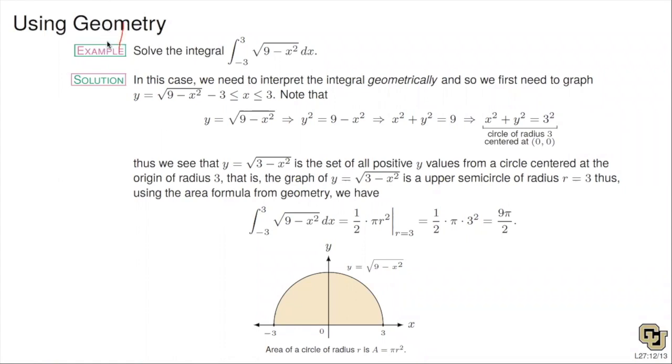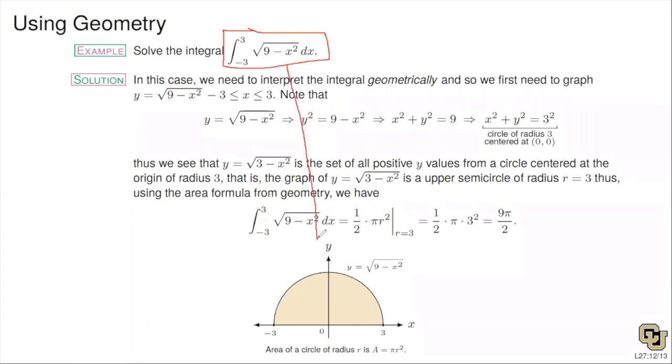So here, we'll just very quickly remind you how this problem goes. Here we're given this definite integral. And here, no U substitution is going to work. If we let U equal 9 minus x squared, then du is minus 2x dx, and we don't have any x dx. So in this case, the trick is to